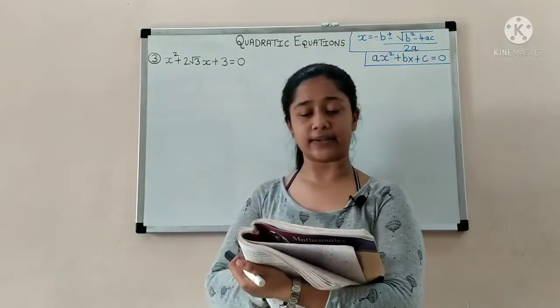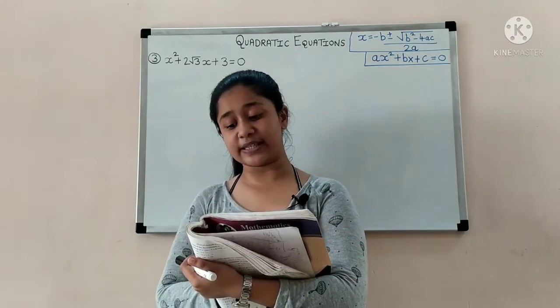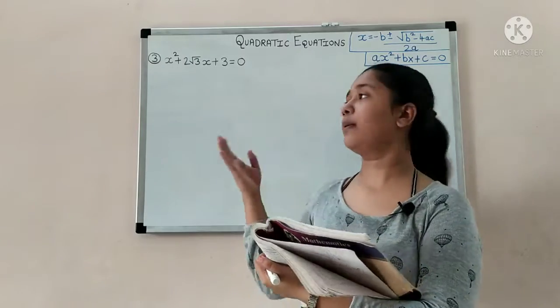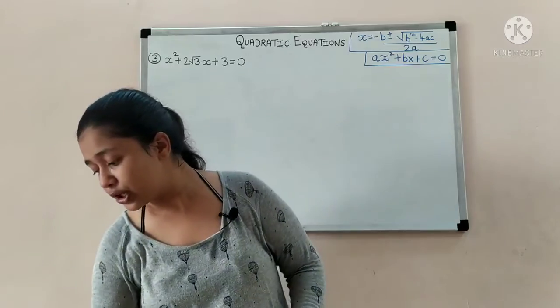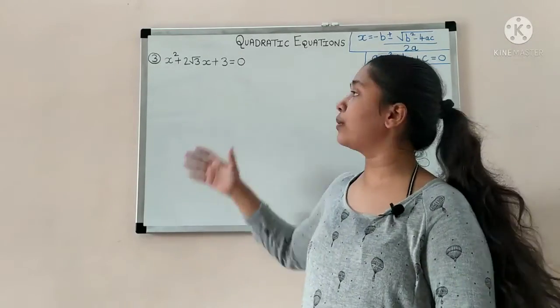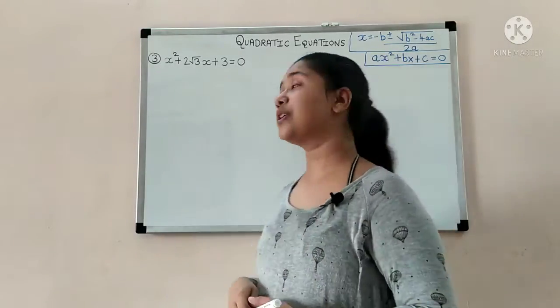Which we also write every time. Then substitute the values of a, b, c and find the roots. Roots means the 2 answers we find for x, they are known as the roots of the quadratic equation. Okay, so basically they gave us all the steps that we follow in every question. So it is the same question.